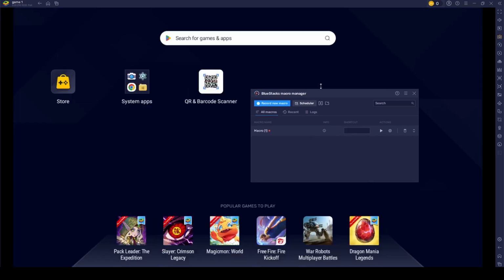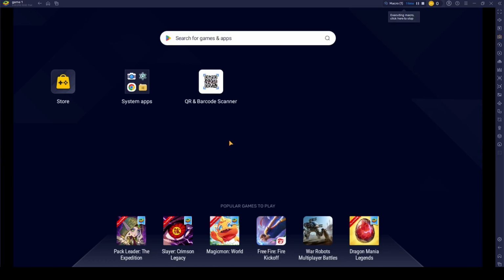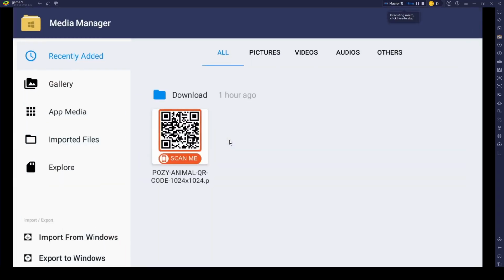BlueStacks will save the recording to your macro list with a default name. You can preview it and re-record if anything feels off. To make it easy to use, select your new macro and assign a hotkey combination like Ctrl-Shift-M, choosing something that does not conflict with your game controls. Press your shortcut anytime to instantly replay the exact sequence, including all the original timing, automating tasks like logging in